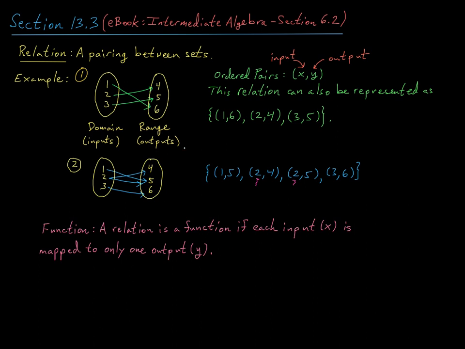So looking at these two examples, which one is a function and which one is not? Well, number 2 is not a function, and that's because the input 2 corresponds to more than one y, right? It corresponds to more than one output. So this is not a function. Whereas looking at the first example, well, each one of these numbers, the 1, 2, and 3, is sent to only one output. So this is a function. Okay,